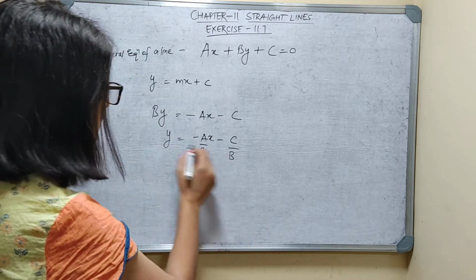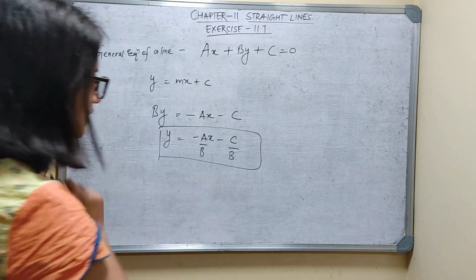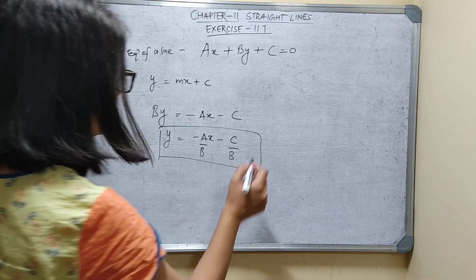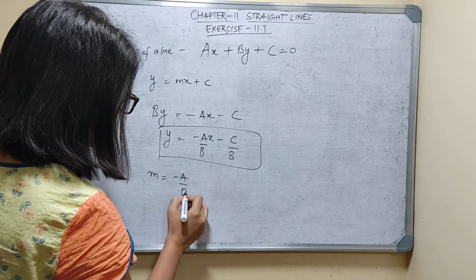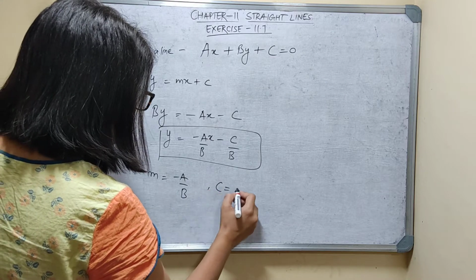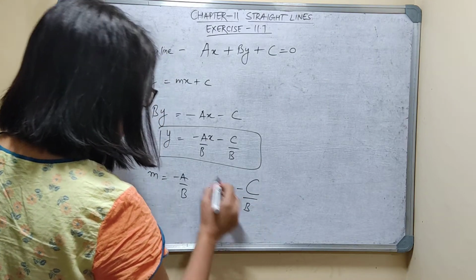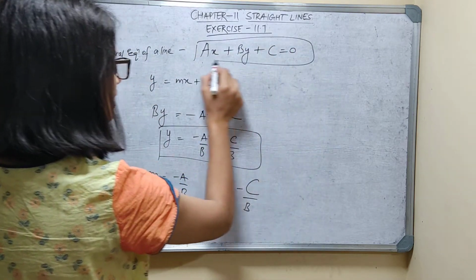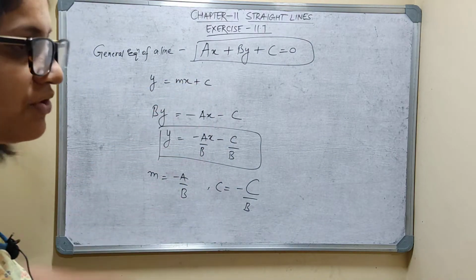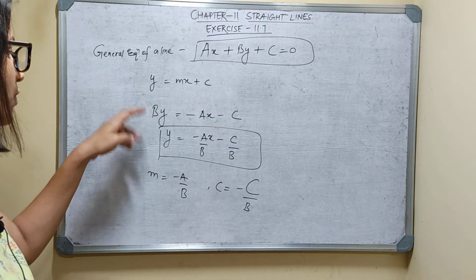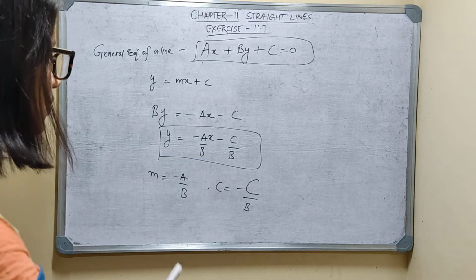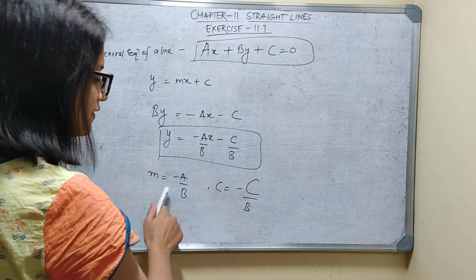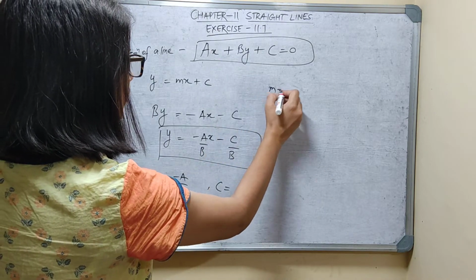So what is this form? This form is y is equal to mx plus c, where m, that is the slope, is minus a upon b, and c is equal to minus c upon b. So if the general equation is given and they ask you to change the equation into y is equal to mx plus c form, you can do it. If they ask what is the slope, directly you can say m is equal to